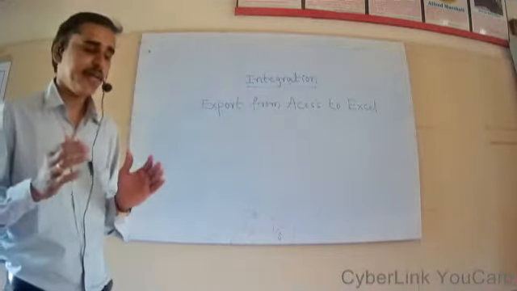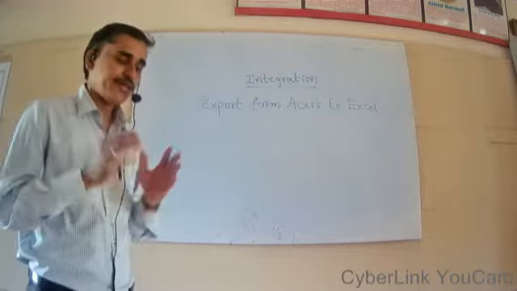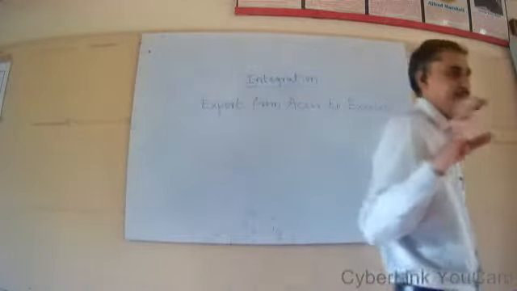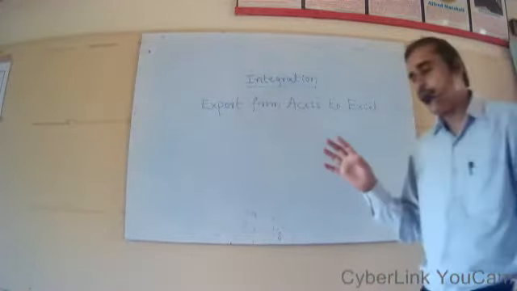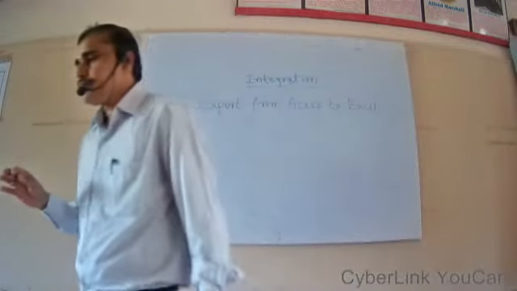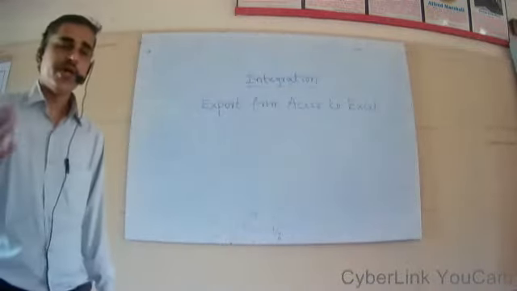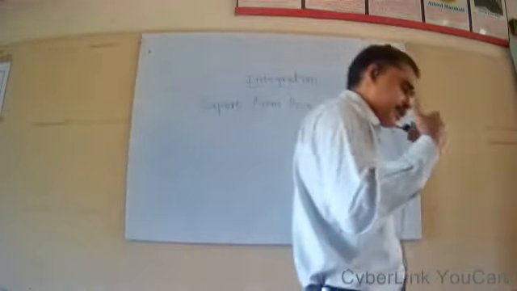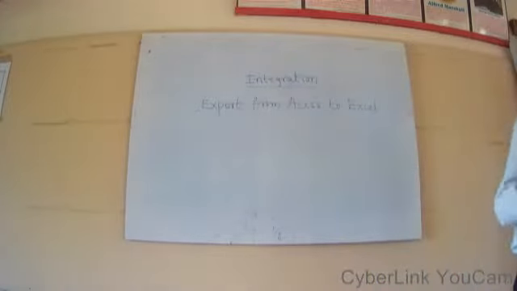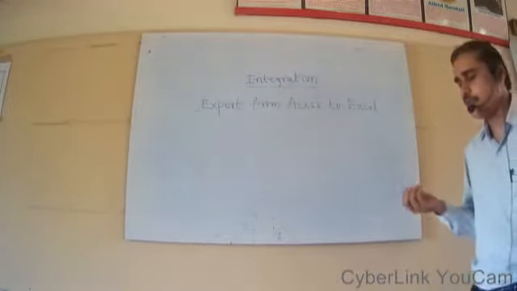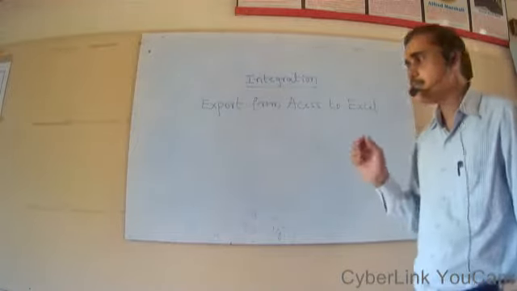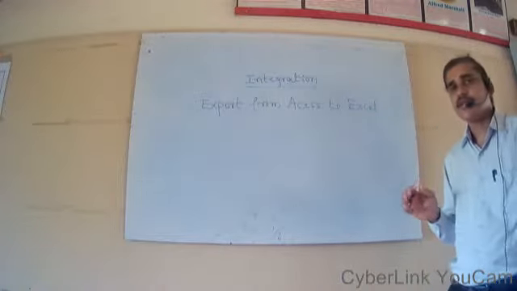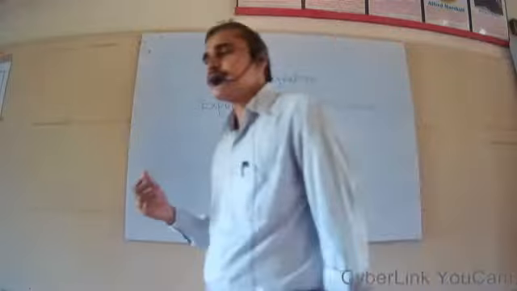External data is the tab from which we have to do the task. So go to the external data tab. When you click on the external data tab, a number of groups are displayed there. From the available groups, we have to select the export group. We are not importing here, we are sending the data. So on external data, we are exporting the data to Excel, so we click on the export option. In the previous class it was the import option, here it is the export option. External data tab and export group we have to click. We are exporting to which application? It is Excel.